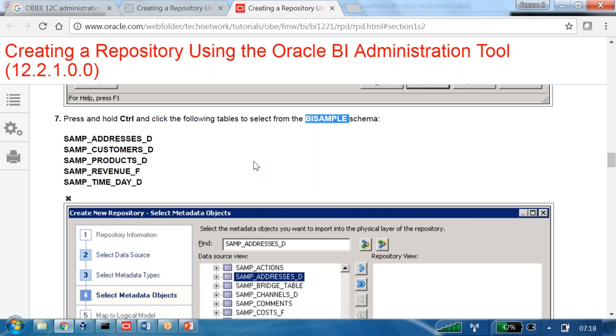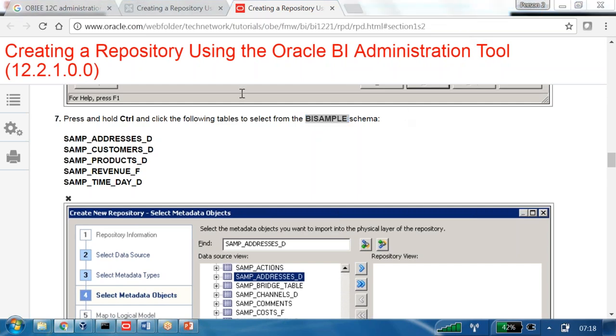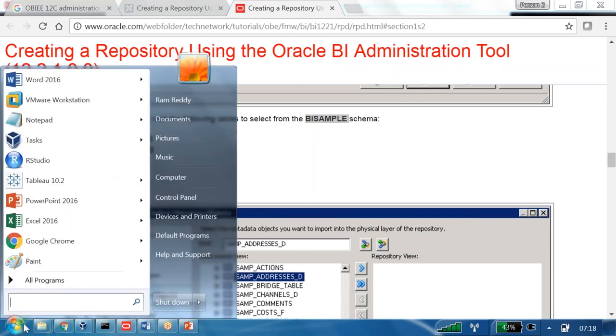You know the basics, whatever you require, so you will be able to follow this document very well, because already you are aware of it. What is the administration tool? What is going on here? Okay, now this is the one URL I would like to share with you. I am sharing. What I did is I followed this document dot to dot, and I created